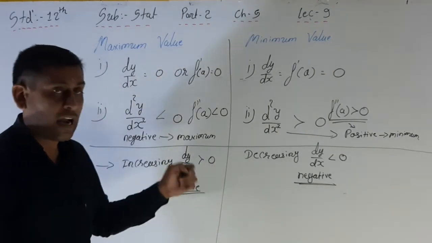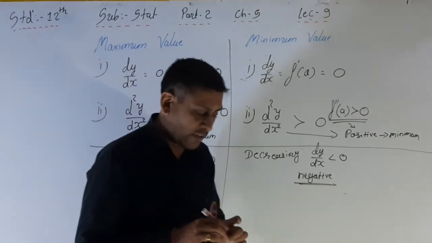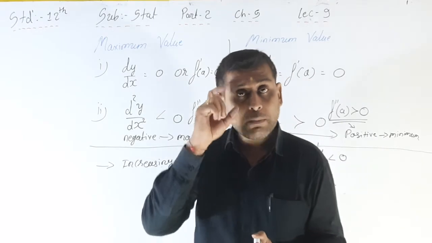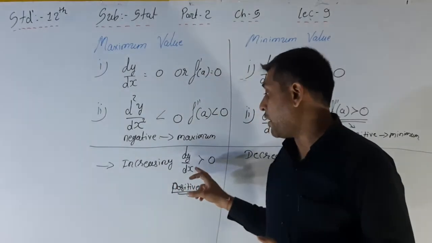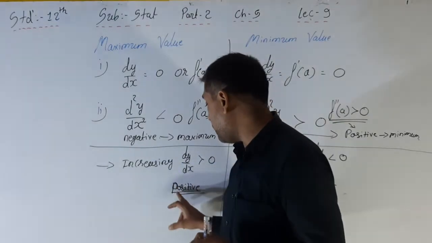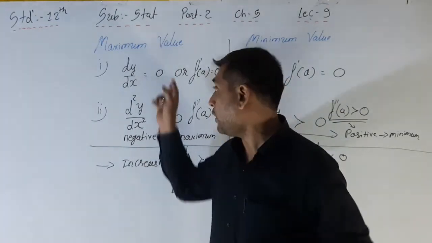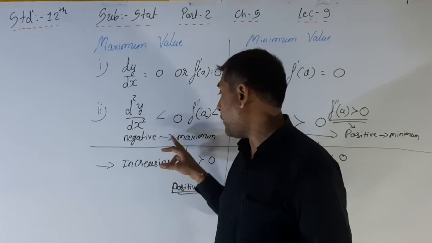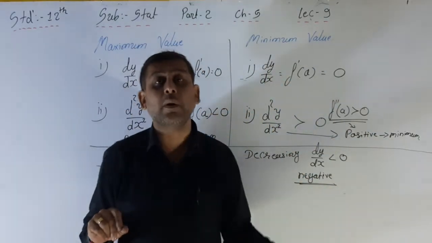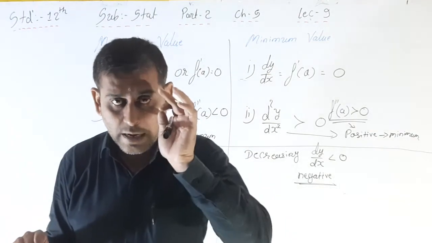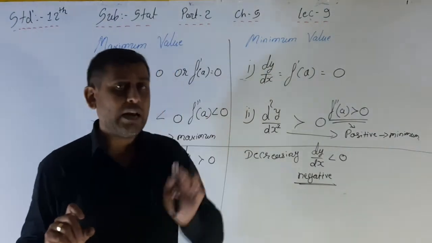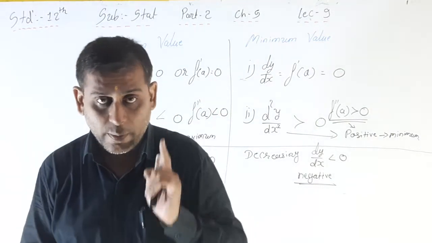Increasing and decreasing, I am here writing the increasing and decreasing function condition for comparison, to remember. We can remember that if the direct rule is applied here, increasing is positive, decreasing is negative, but here the opposite rule is applied: negative then maximum, positive then minimum. So be alert, be serious about that, and please keep in mind all these things for maximum and minimum